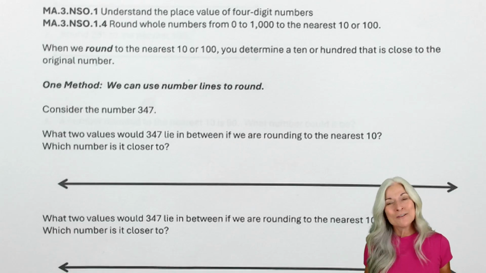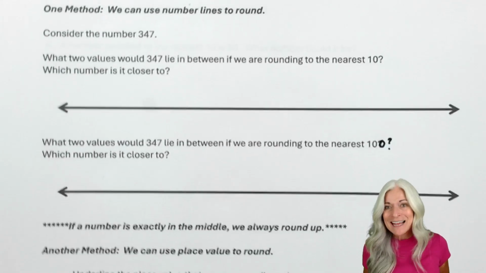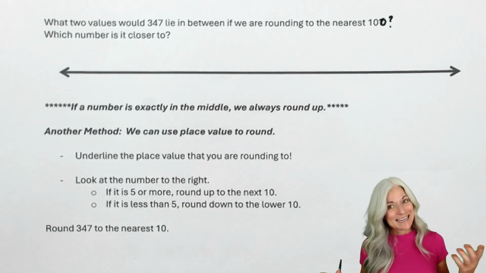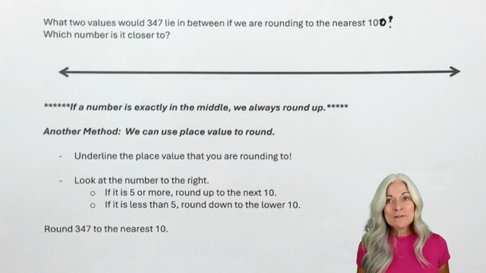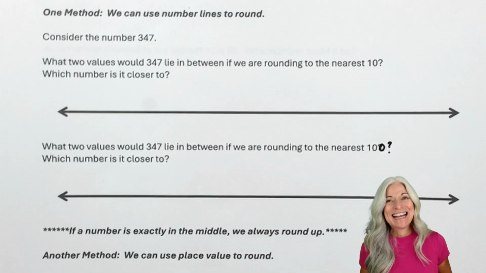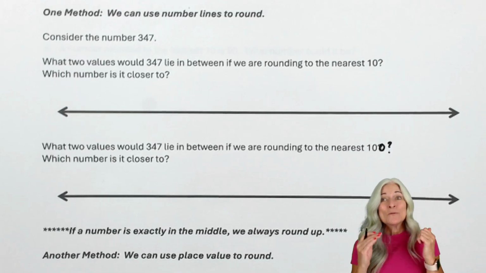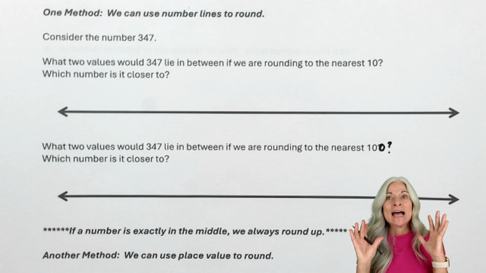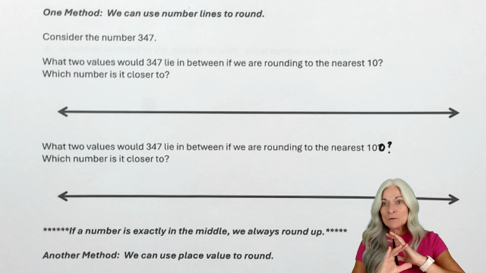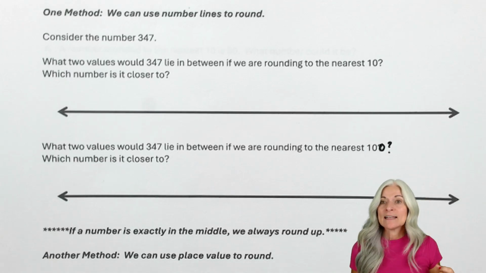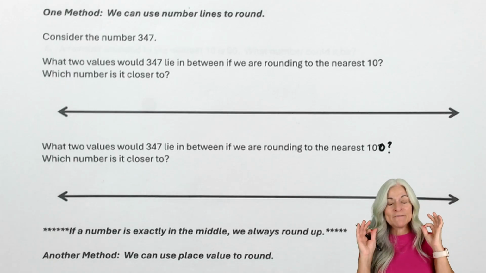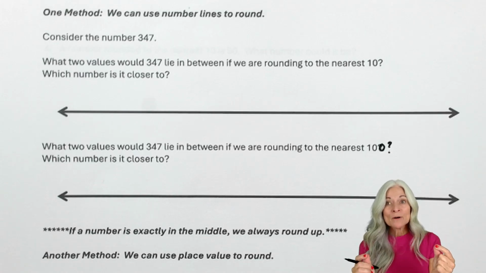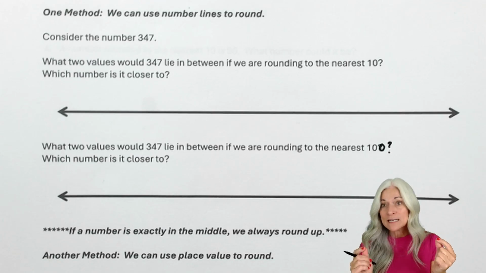Now, chances are you learned about rounding numbers just like I did a long time ago, where we use place value to round. That is obviously a way that we can round numbers. But as often, we can also incorporate a number line. Even if you are somebody that thinks very analytically like I do, I still think the number line is a fabulous way because they can visually see which number we're rounding to is